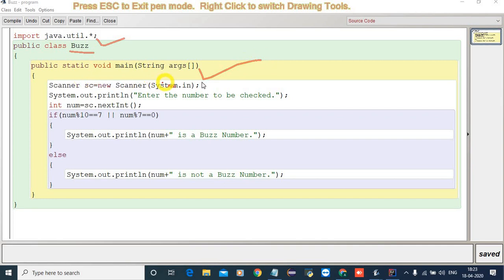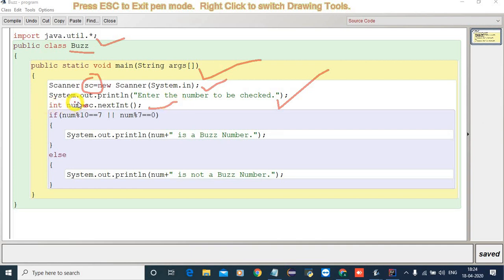Here sc is the Scanner object created by me. I asked the user to enter the number to check, and I have taken the input using sc.nextInt.